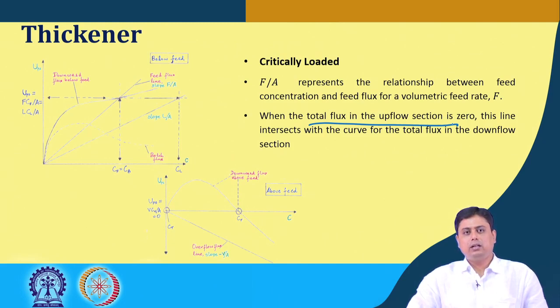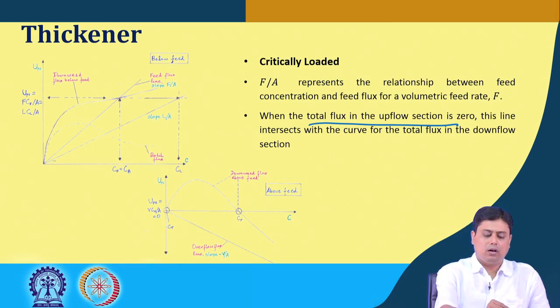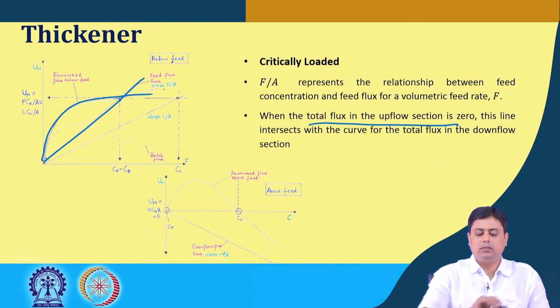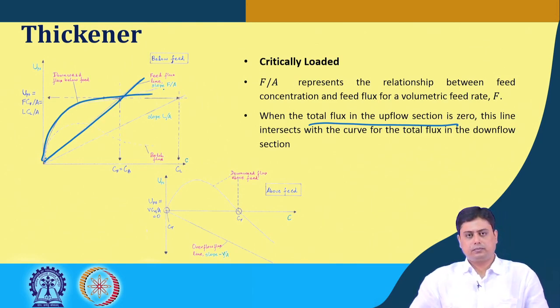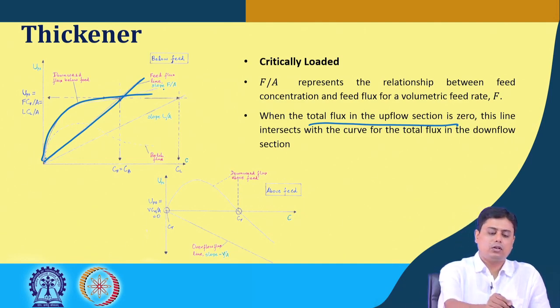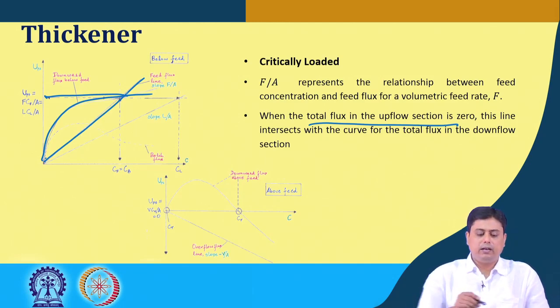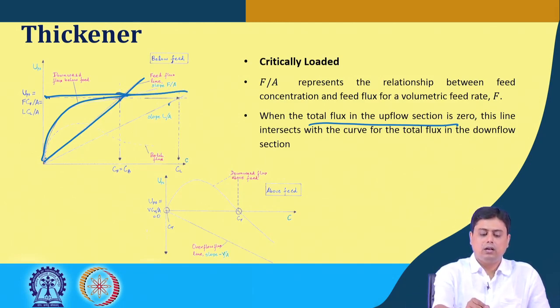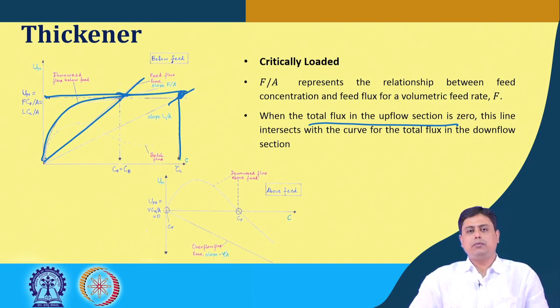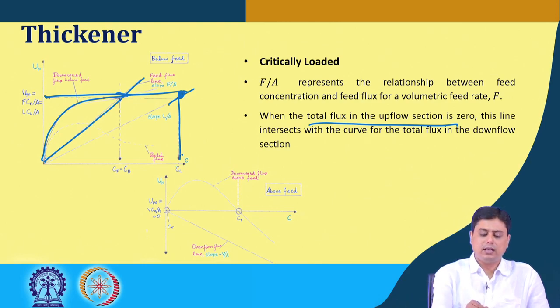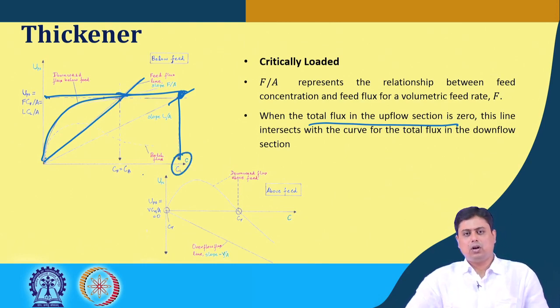At that point, this line of F by A intersects this total curve at a certain point. That is our critical condition, or the critical concentration of the feed, and the corresponding flask is the critical flask. At that critical flask, the line where it intersects the straight line with the slope of L by A gives us the concentration of the underflow,